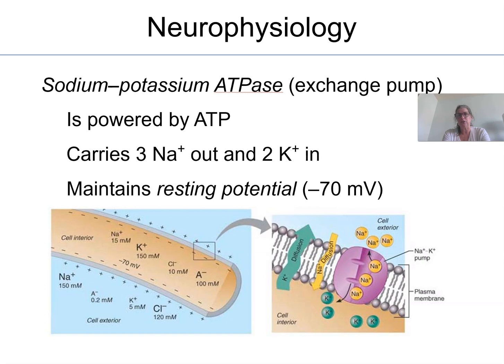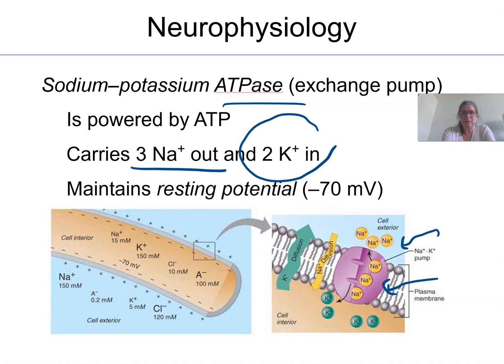It comes back to the sodium potassium pump. Sometimes you'll see it called the sodium potassium ATPase because that's the enzyme that does it. This is the pump, and its job is to use active transport, and it's going to kick 3 sodium out for every 2 potassium that it's going to force back in. So it's pulling the potassium back inside of the cell and it's kicking the sodium out. It's pumping these ions against their concentration gradient, which is why it's active transport.